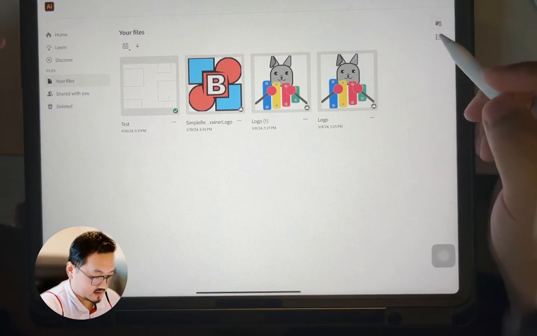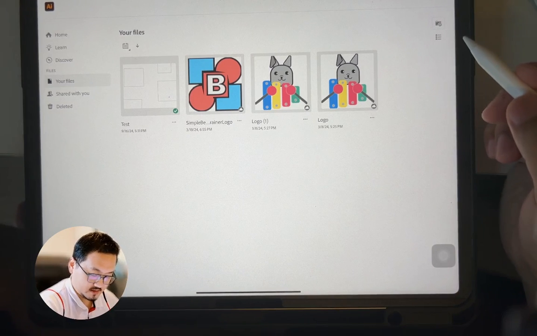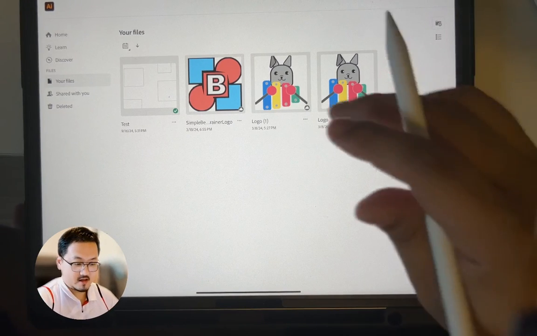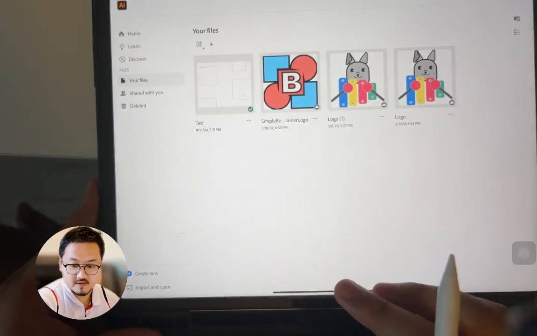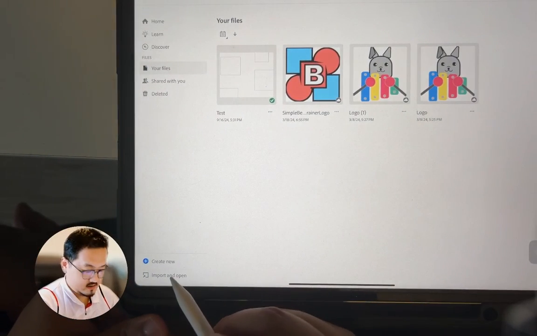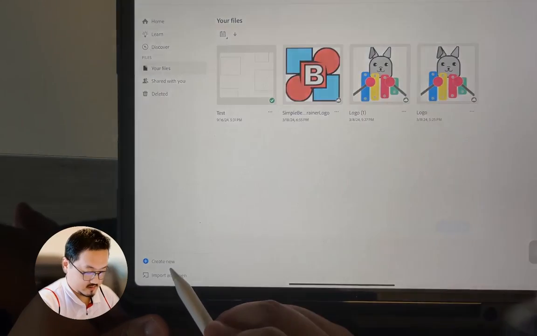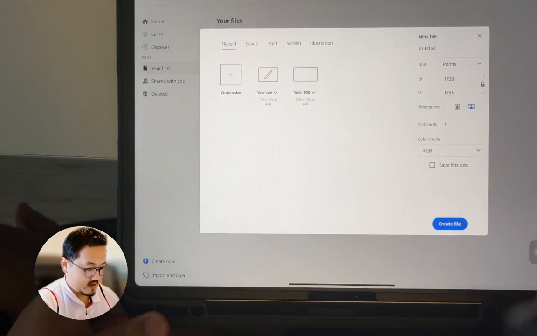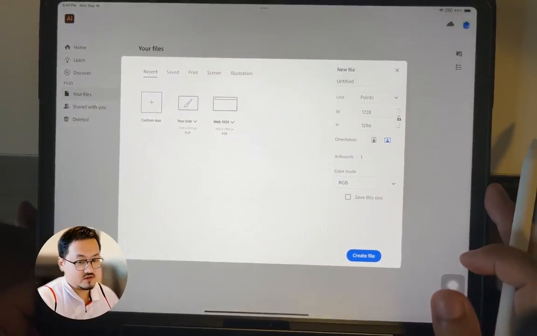Okay, so first I'm going to create a new project. You click here. I believe I need to move this a little bit. You click here. We got Create New. You click here. You can create something new. And right now, if you're just new to this,